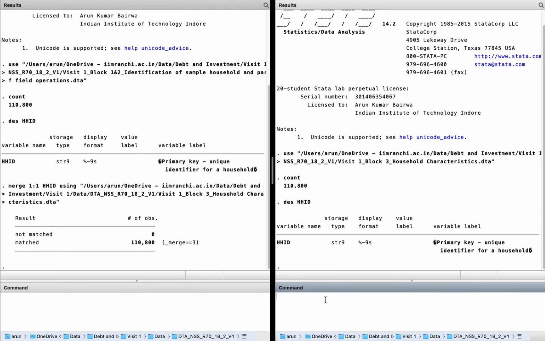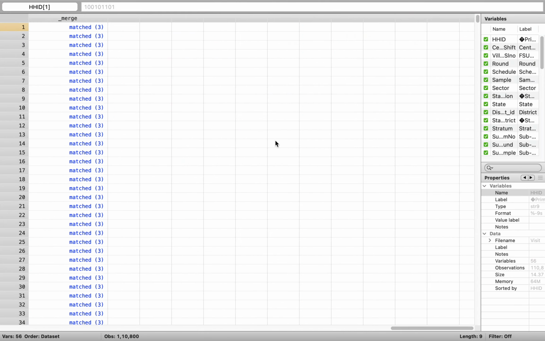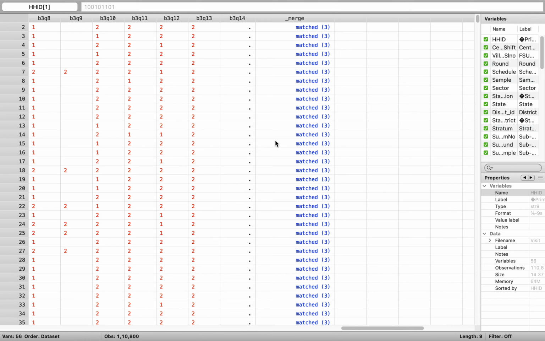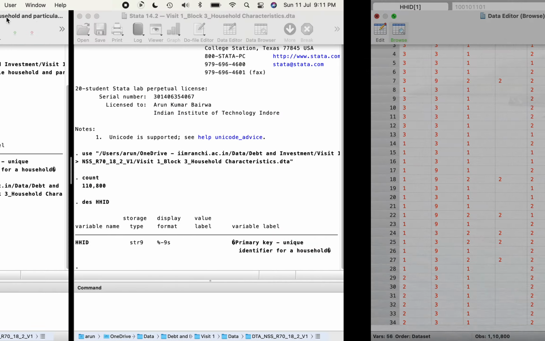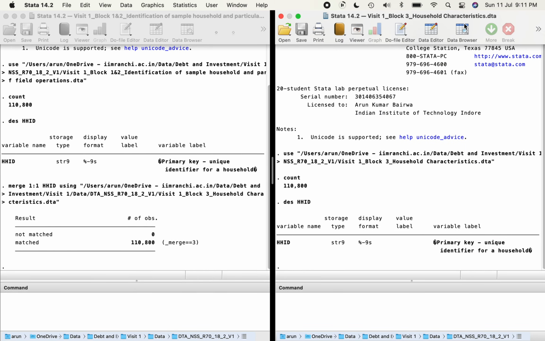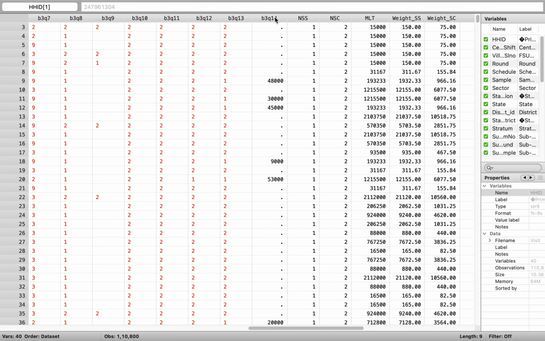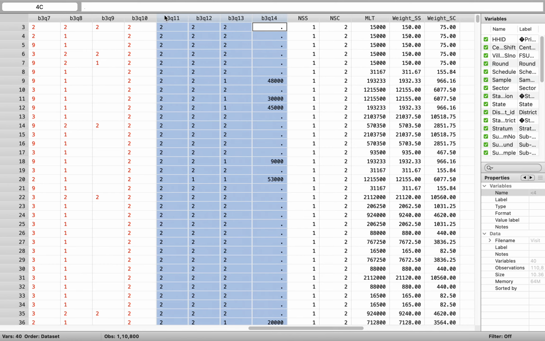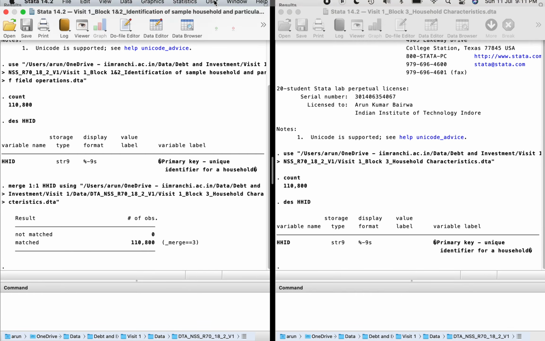Now just see, this is the data which we have merged. Now we'll see the last observations. It will show as merged because all the files are merged. Just see here, block 3 Q3, block 3 Q12, something like that. Now we'll check in this one whether this particular thing is there or not. Yeah, see, this information is there, 3 to 12 and all. So each and everything has come into this particular data set.